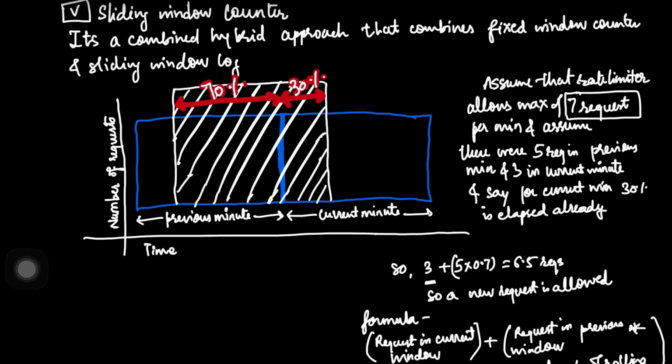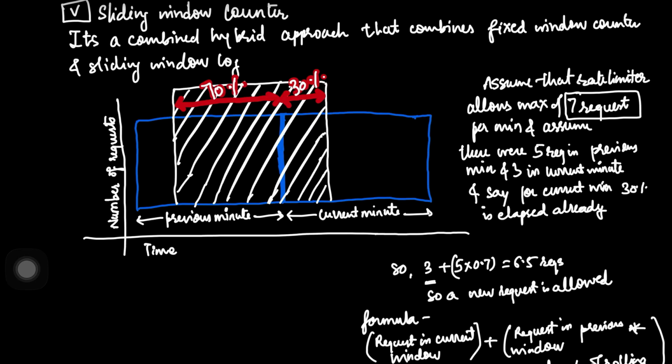Now let's move on to the sliding window counter algorithm. This is a hybrid approach that gives us the memory efficiency of a fixed window with the boundary precision of the sliding window log algorithm. Instead of tracking every single timestamp, we use a clever mathematical formula to estimate how many requests are in our current rolling window. To decide if a new request is allowed, we look at two windows, the current minute